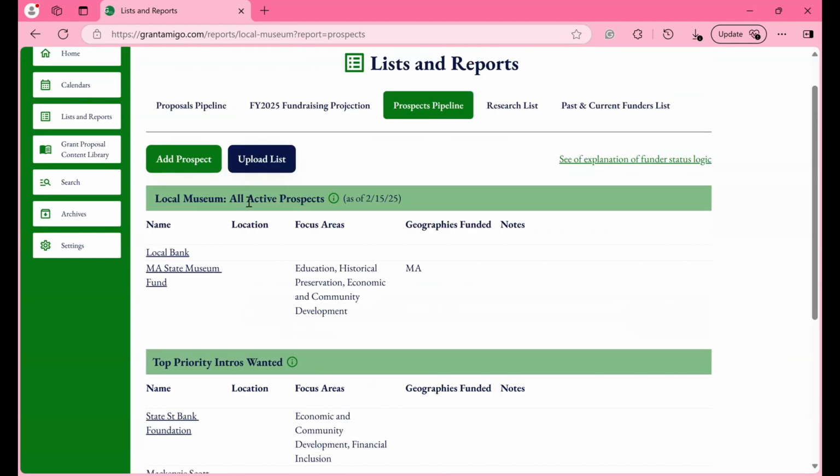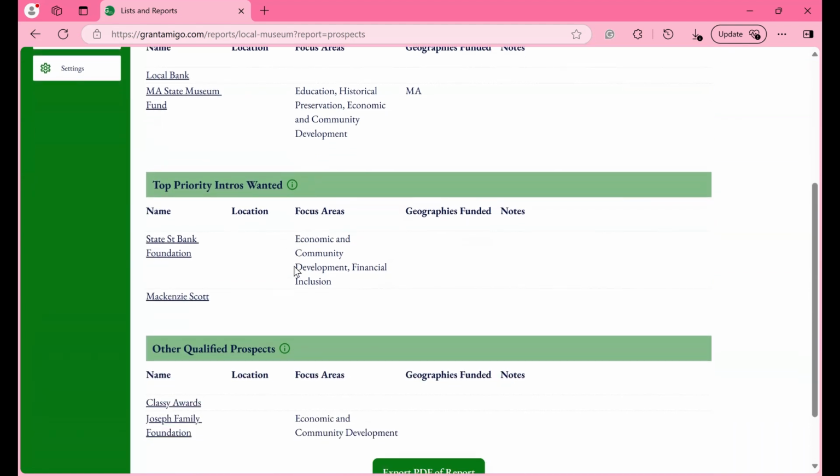So the first status group is active contacts. These are funders that you think could potentially fund your organization where you are already in contact with the organization. The next group are the priority introductions wanted. So these are funders that you have identified as good potential prospects, but you do not yet have a contact